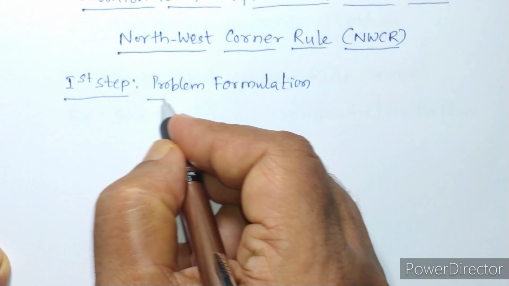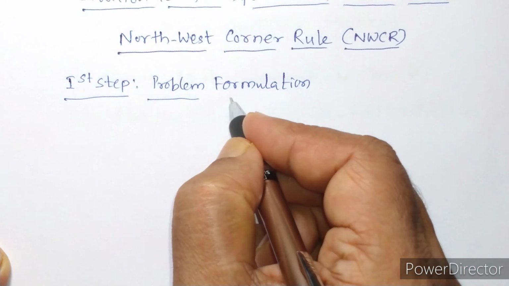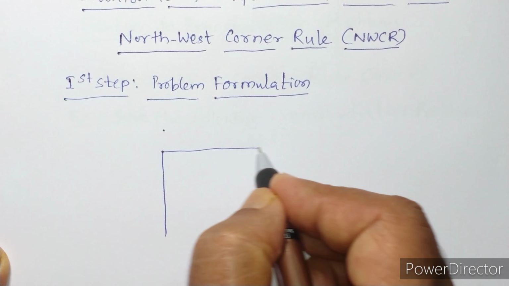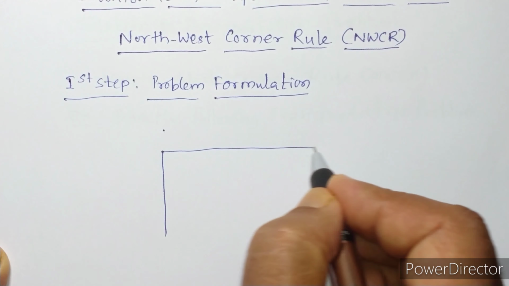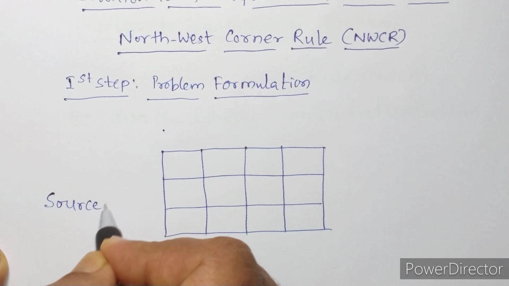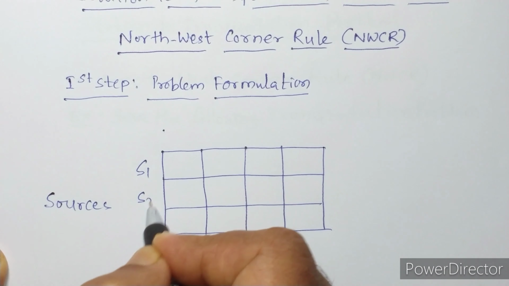In operations research, the transportation problems consist of the transportation matrix. Here we have the rows and columns in the transportation matrix. In this problem, there are three rows which represent the sources where the products are produced. I am drawing the transportation matrix now. You can see here, the sources are written as rows. These are the sources S1, S2, S3.